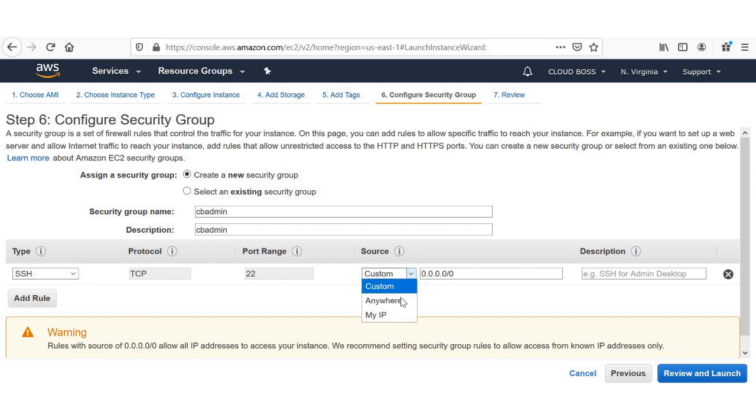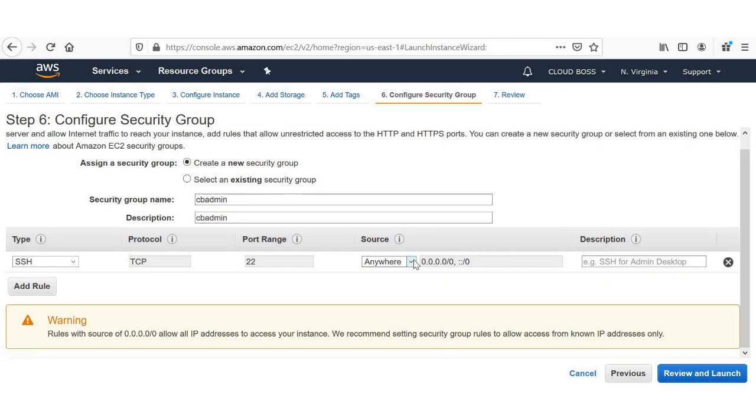So you can open anywhere. You can log in to the instance from anywhere. So later you can change it. If you do custom, you can give the IP here. So as of now we are going with anywhere. Next.